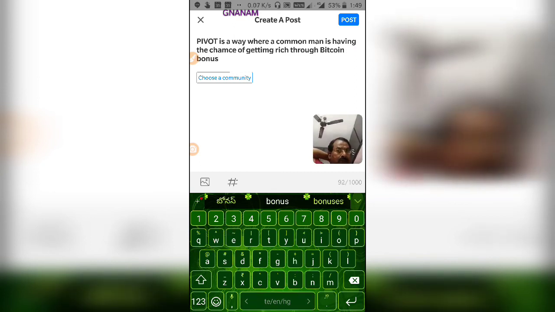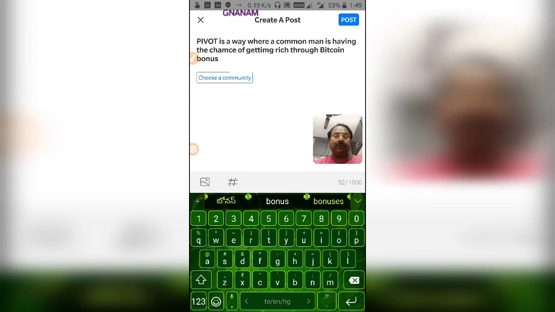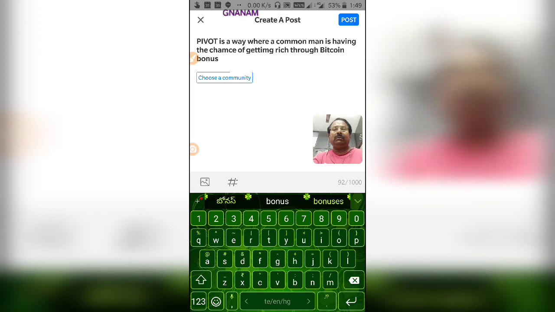Something you can write in your own way, whatever you want, but that should relate somewhere to cryptocurrency.